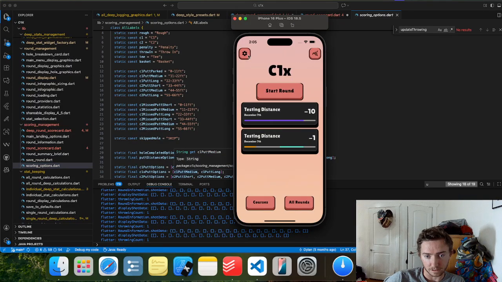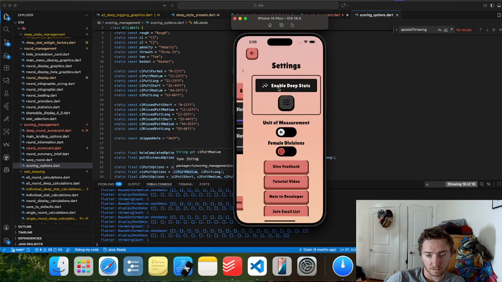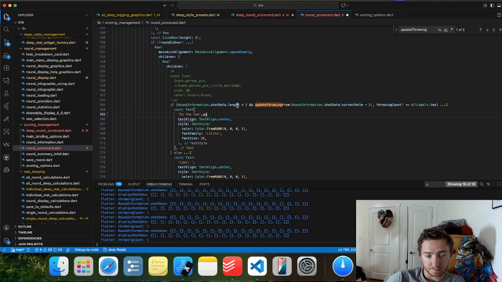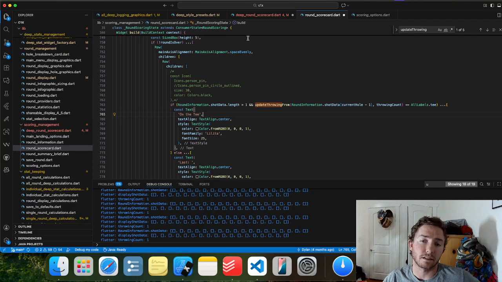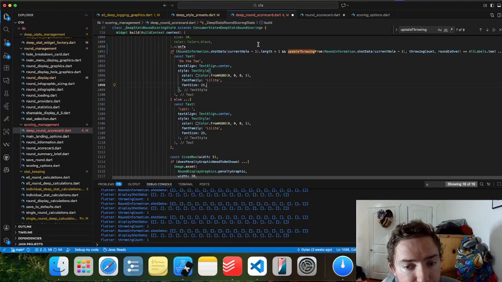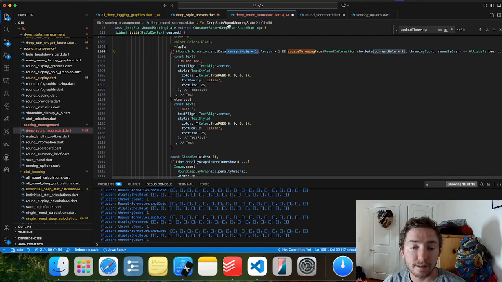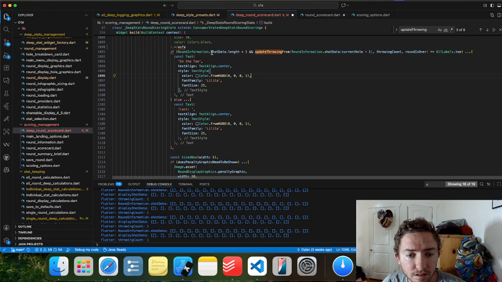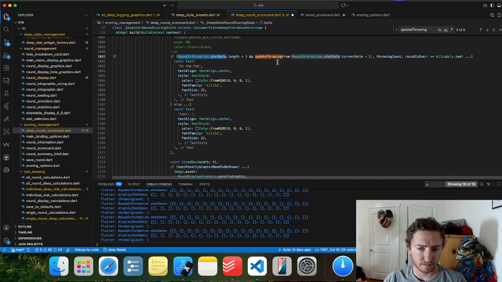But if I turn it off, it doesn't just say T, it says on the T. So it's saying that shot data length, not current hole minus 1. Duh. So here I should